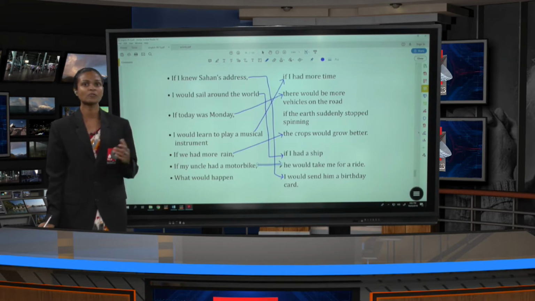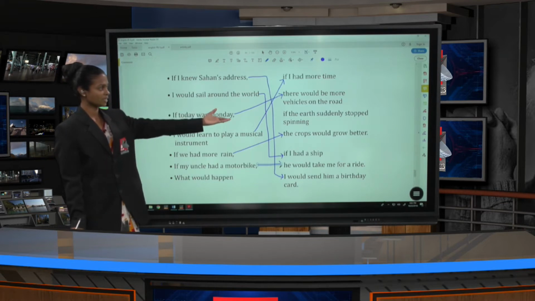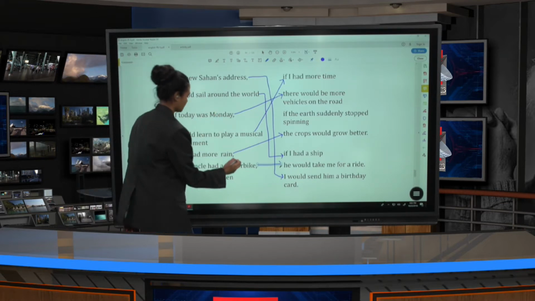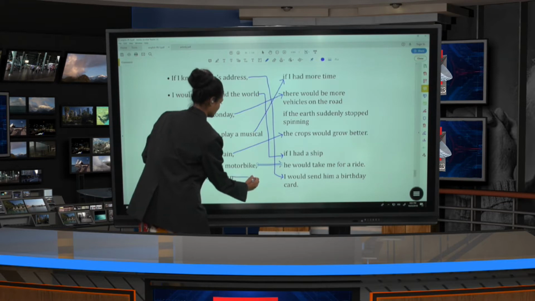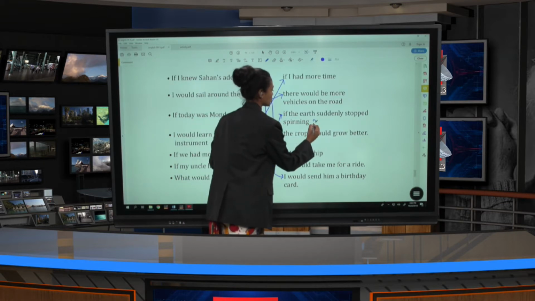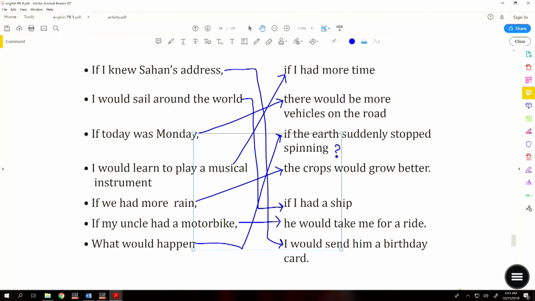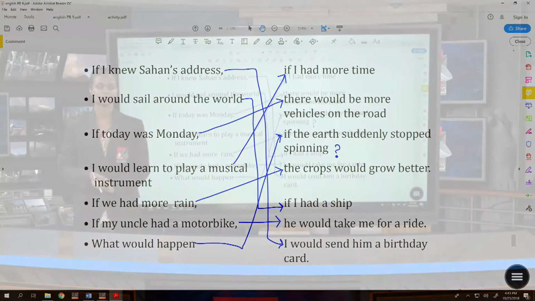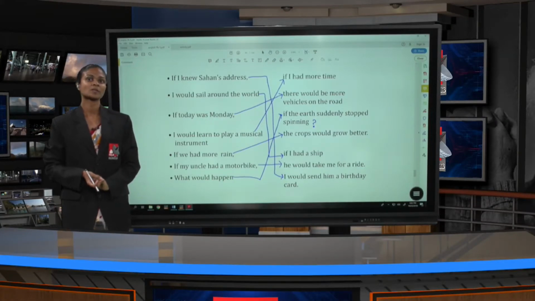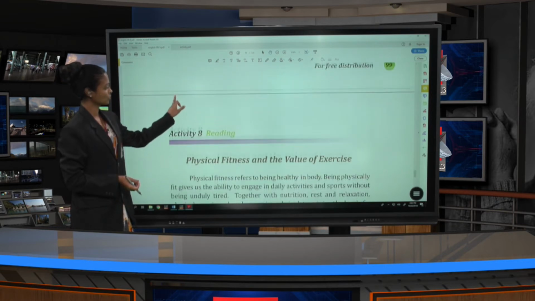Then next, what would happen? It's a question. What would happen if the earth suddenly stopped spinning? There should be a question mark. What would happen? Right. Check your answers yourself. Right. Then we will move